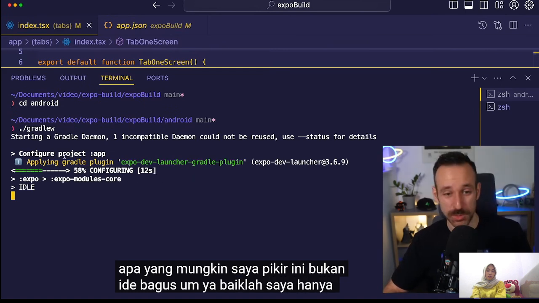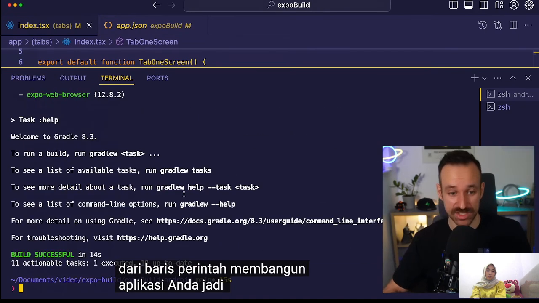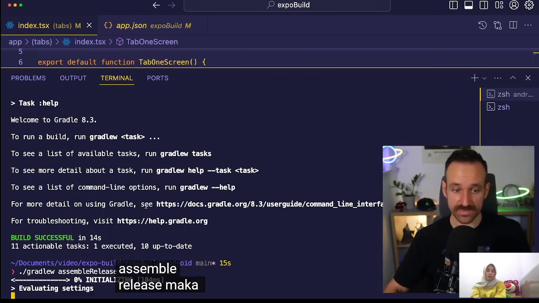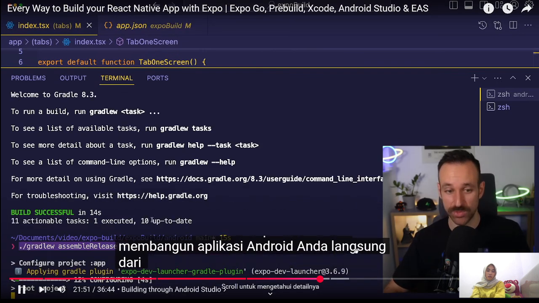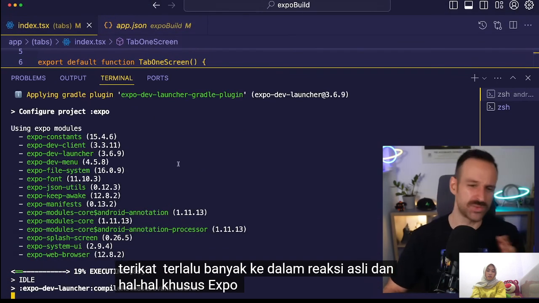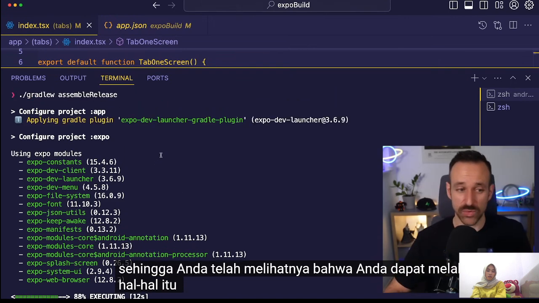Yeah, well, I just wanted to mention that you could also build your application straight from the command line. If you use Gradle assemble release, then this is the command to build your Android application straight from the command line. It doesn't really tie too much into React Native and Expo specific stuff. I just want to mention it so you've seen that you could do that from the command line